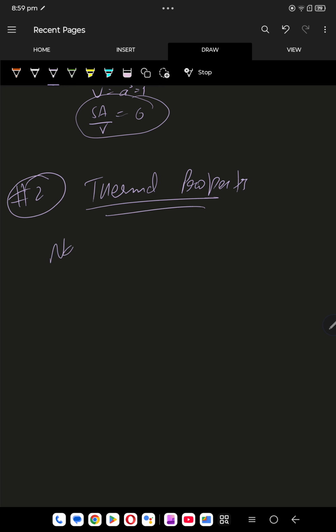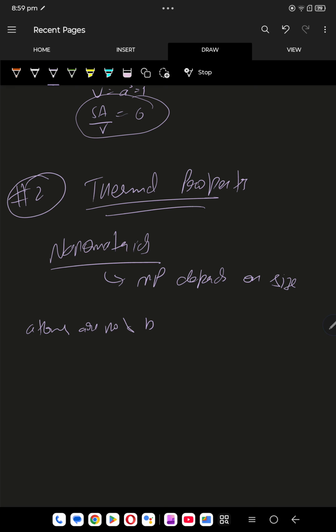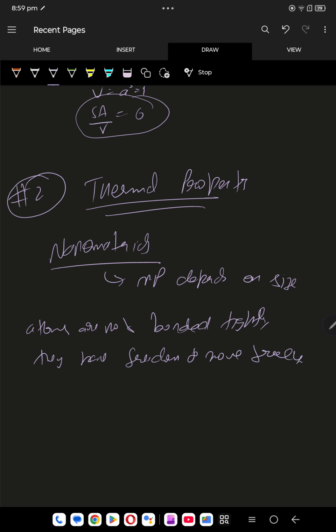In nanomaterials, the melting point depends on size. So melting point depends on the size. Here the atoms are not bonded tightly. They have freedom to move freely. So what happens is that in nanoscale, as the particle size decreases,